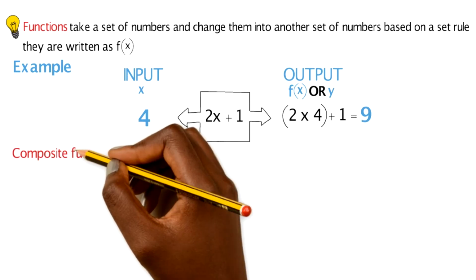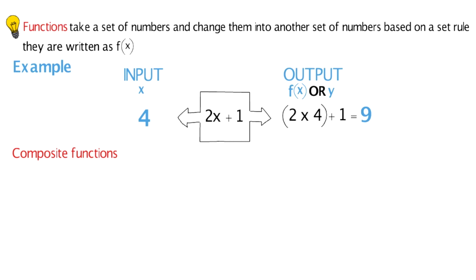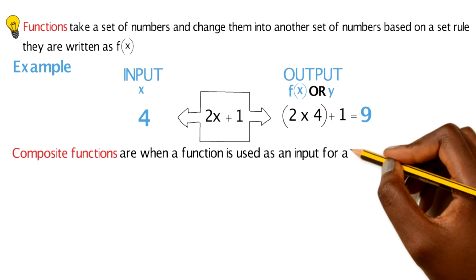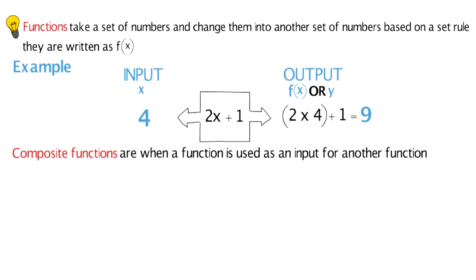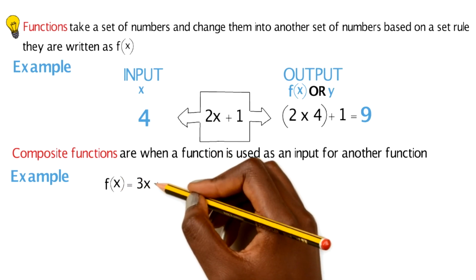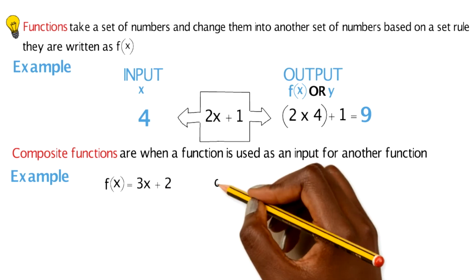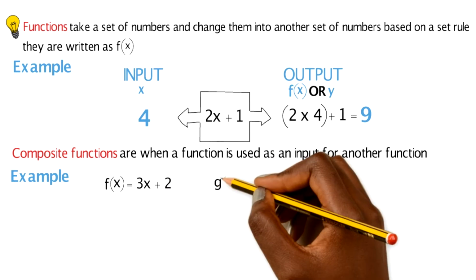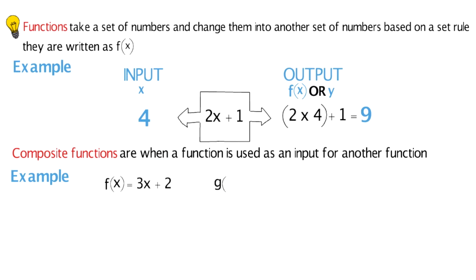So composite functions are slightly different. This is where functions are used in the input of another function. So I'll explain what that means in an example. For instance, we know that f of x generically is like our output function. So sometimes you may see other functions written as g of x as well in exam questions. So in this example, I've got f of x is equal to 3x plus 2, and my g of x is equal to